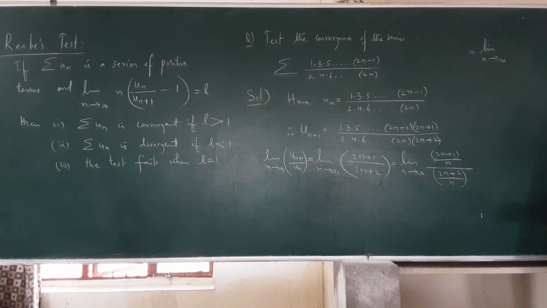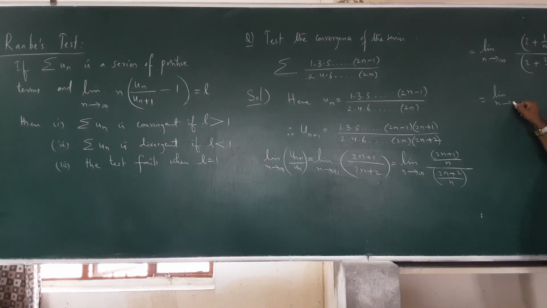Come on. Limit n tends to infinity. What should I do? I have to separate. Tell the next step. What is this? Simplification. Do it. 2 plus 1 by n, 2 plus 2 by n. That's equal to